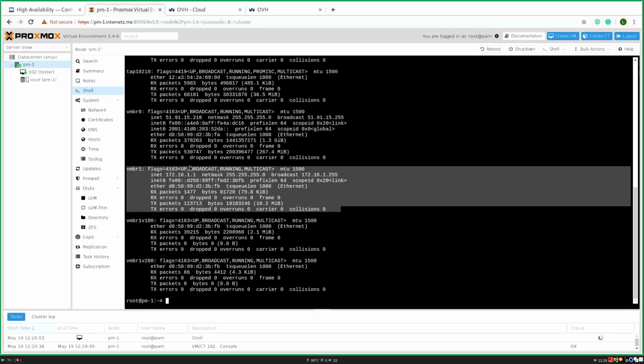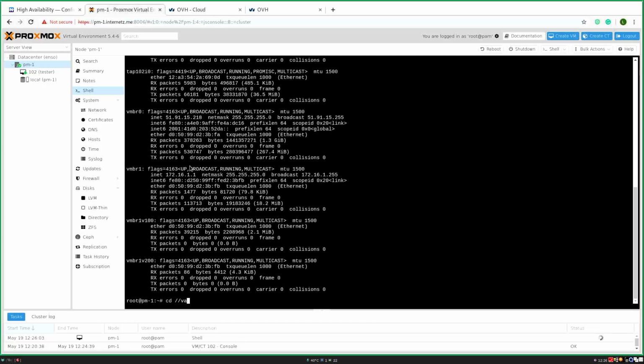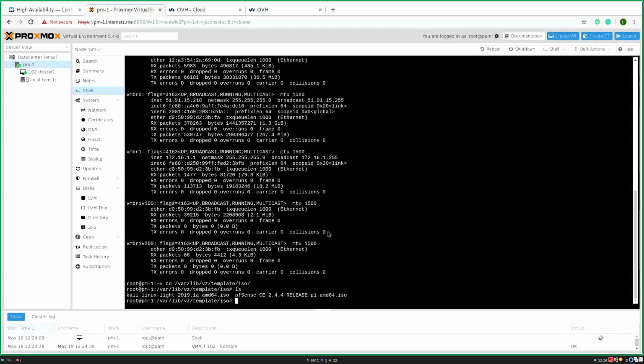The next step is to get an operating system, an ISO, to install. And you just download that into this folder. So I've already grabbed the latest pfSense release and unpacked it. So I now have an ISO. And basically, this is all I need to create a new virtual machine. So let's start by simply creating a